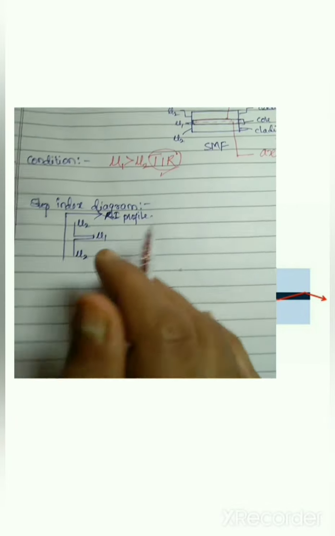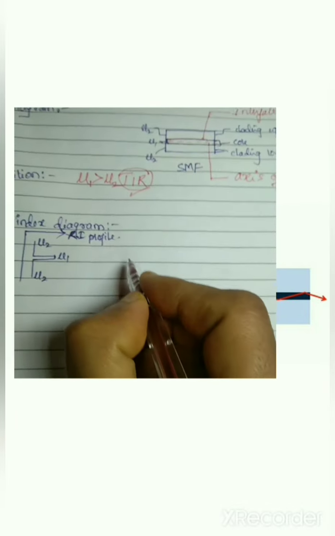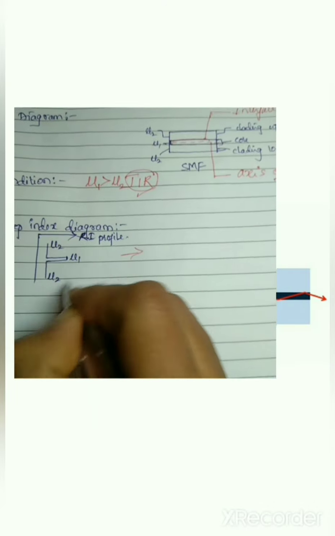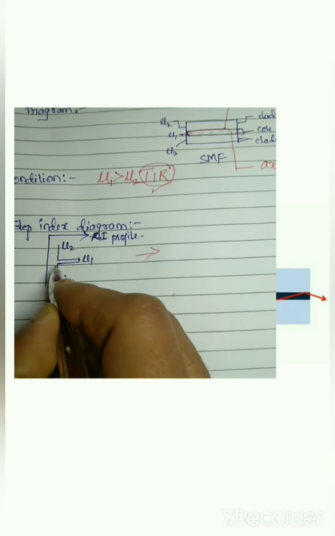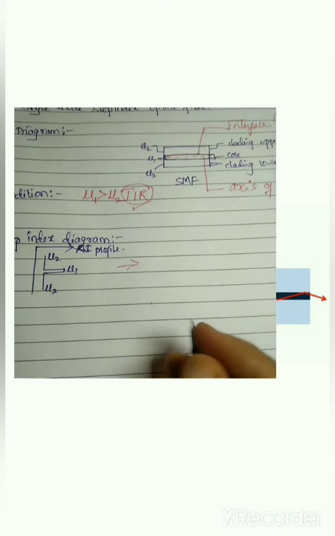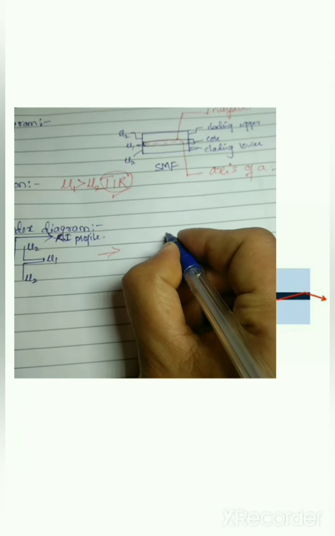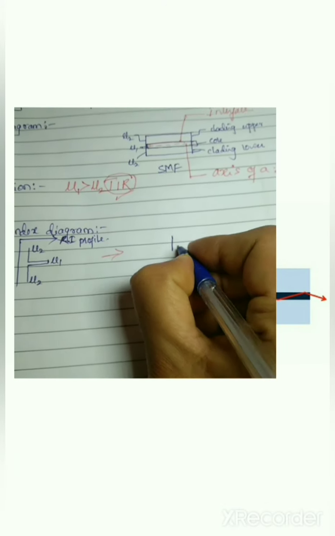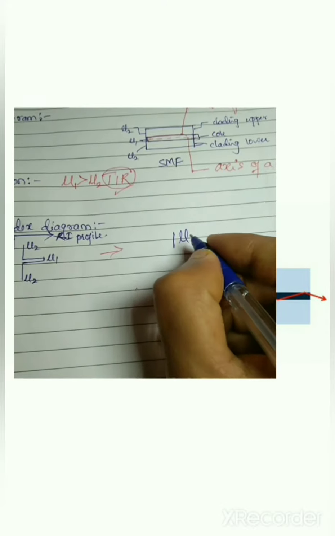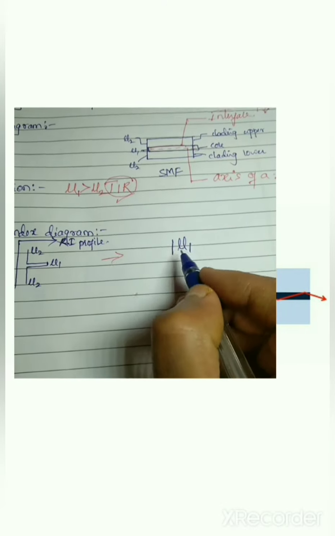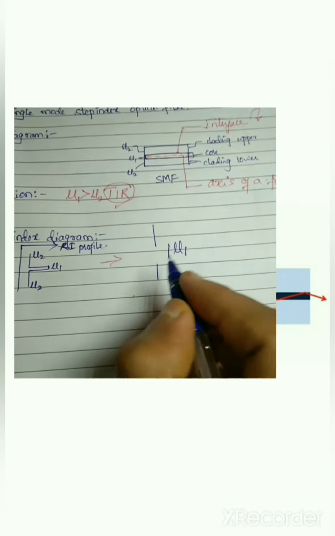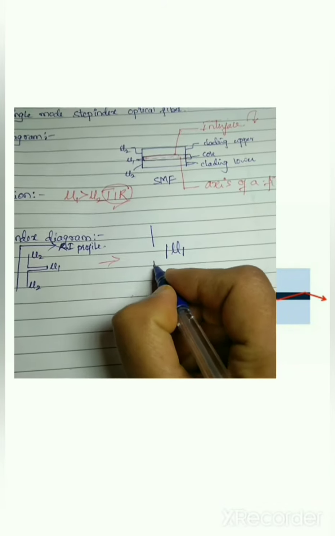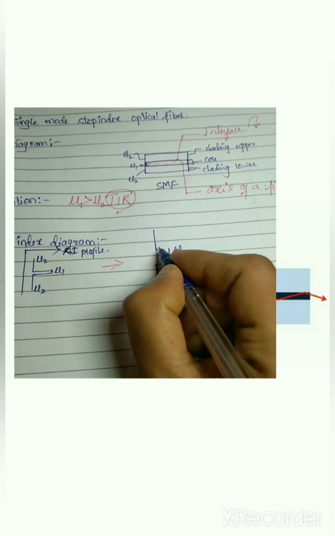Now let us move to the step index diagram identification or understanding. It is not so difficult to understand. See, this is called a core. Let me draw it wider in the diagram. This is mu1; always remember mu1 means core. Next to the core is always the cladding. Now I am joining the profile from core to cladding.